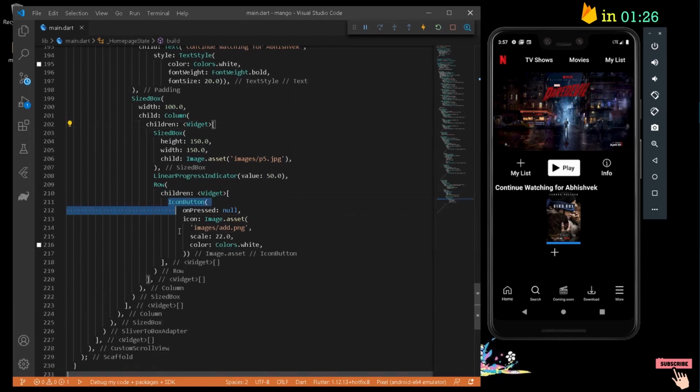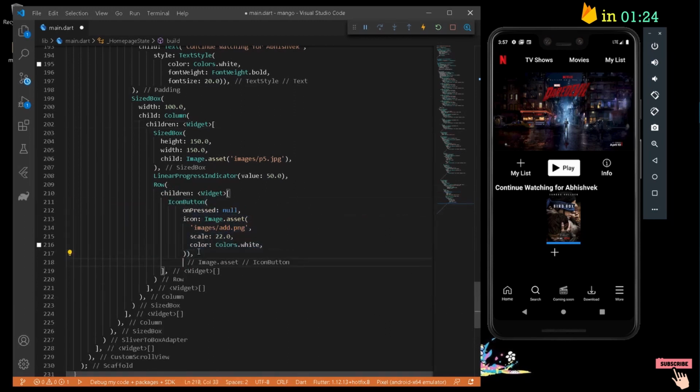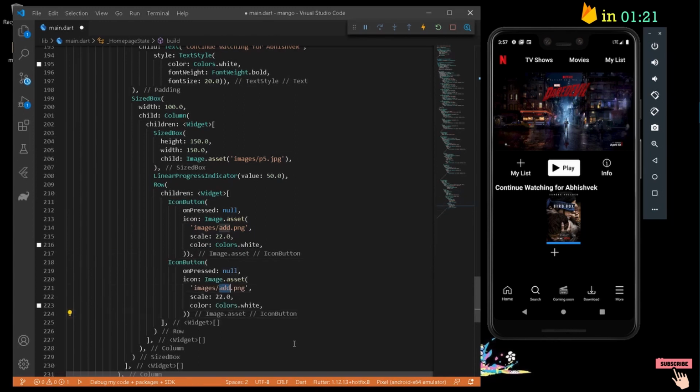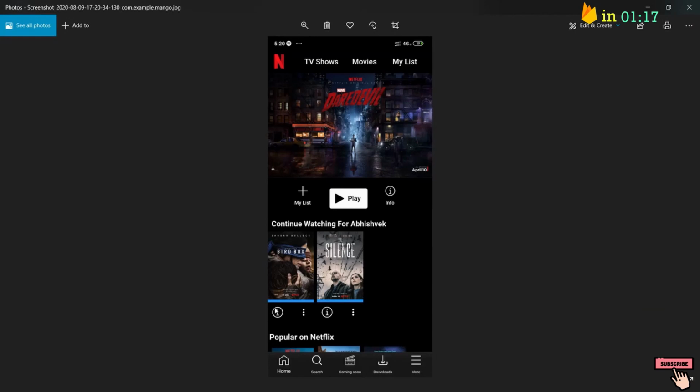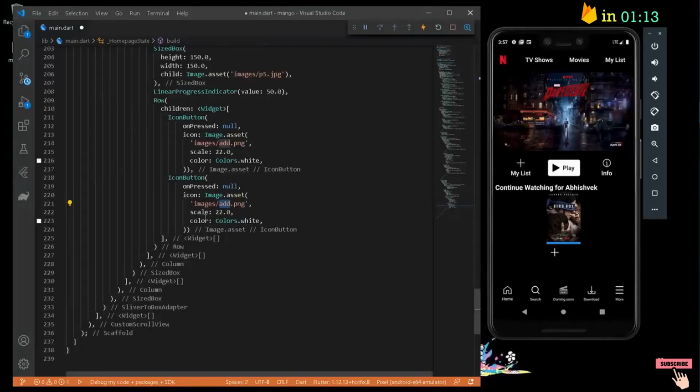Now let's add another button, so I can simply copy it from here, paste it here. Now let's define this button. So here I can write the next button. Okay, so it was information, not the add one. So information along with a menu button. Okay, it's not a big deal, so I can simply write info and menu one. Okay, so we have both of our buttons here. Now you can format the document once.